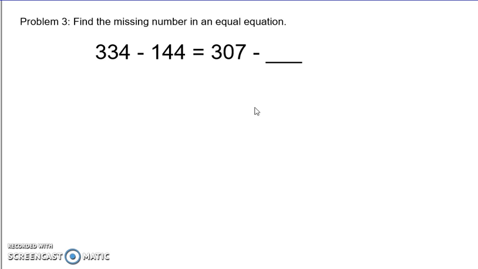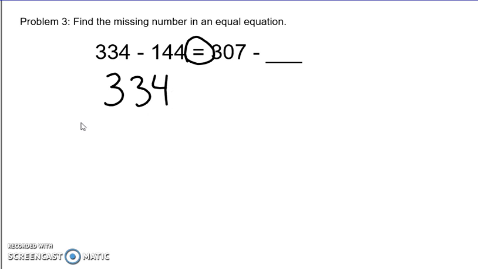Our last problem we're going to look at is finding the missing number in an equal equation. In this problem, we have an equal sign between our two subtraction sentences. What that means is this side has to equal the same thing as this side. So to start this problem, I'm going to first find out what the first side is, the one without the missing number. So I'm going to subtract